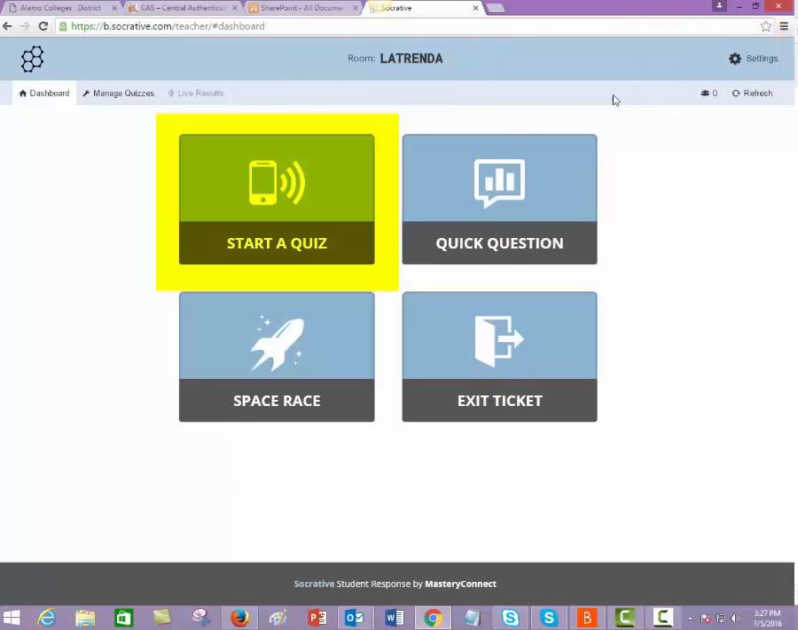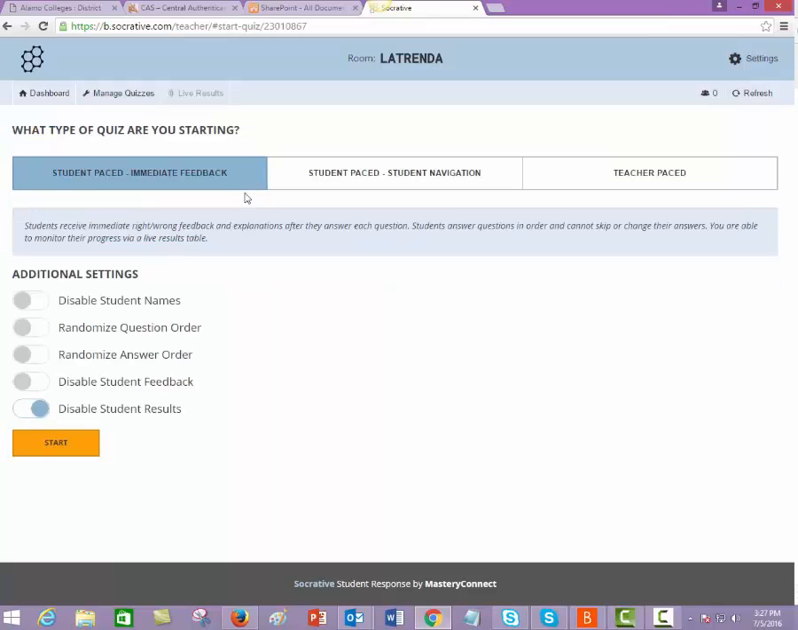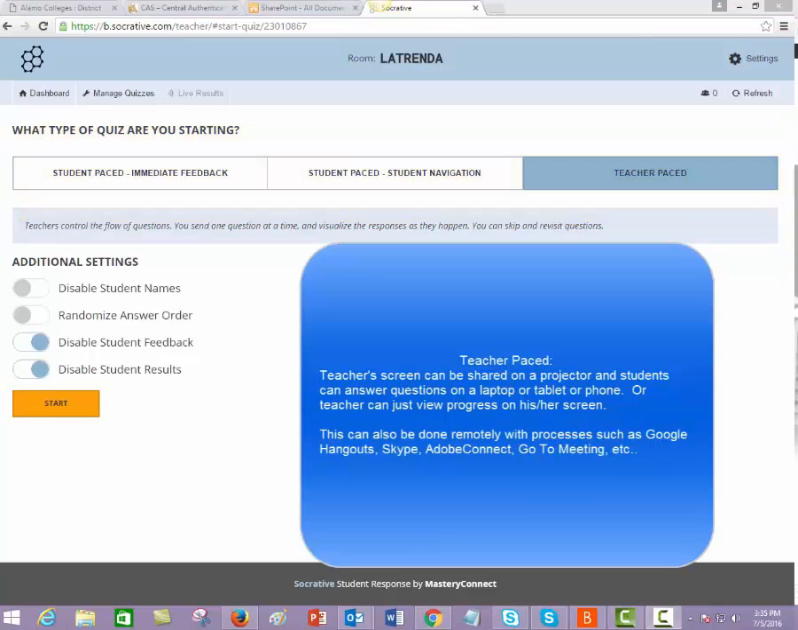When we're ready to share a quiz, we can click Start a Quiz. We can choose a quiz we'd like to share. We can choose different options for administering the quiz. And we could choose up here how students take the quiz. Let's try Teacher Paste. For Teacher Paste to work, students also need to be logged in at the same time